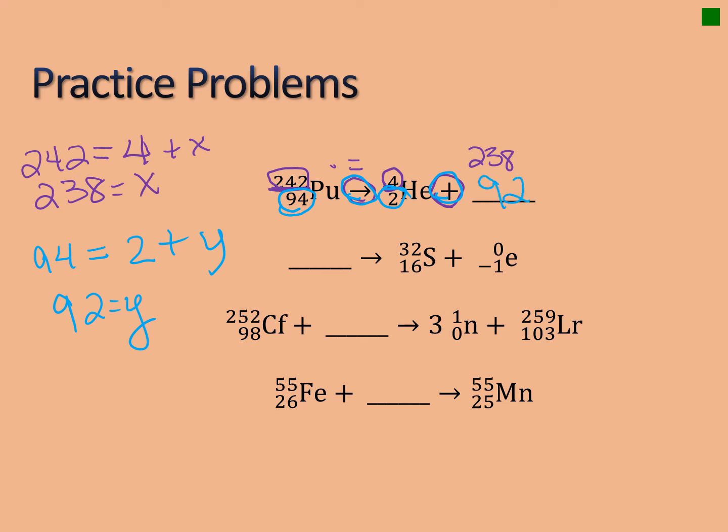Okay, but what else do you notice about every single one of these? Well, they have a symbol after that. How do I get that symbol? Well, all you have to do is base it off your bottom number. And your bottom number is